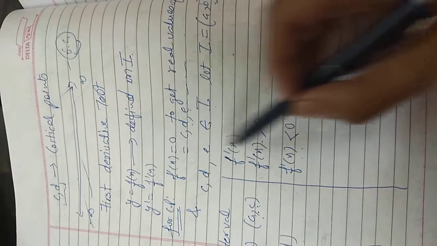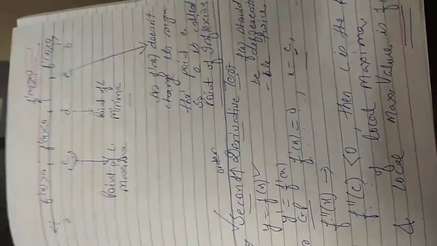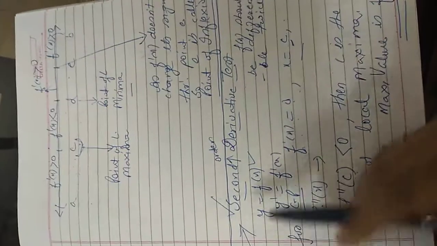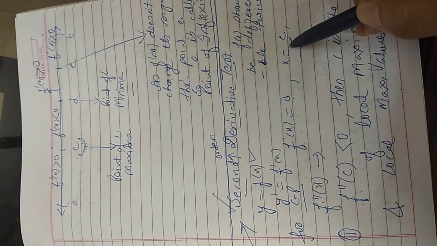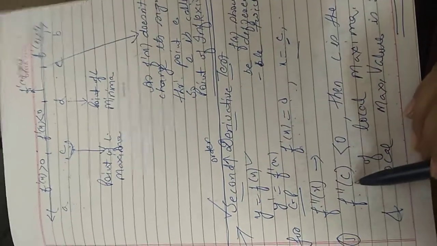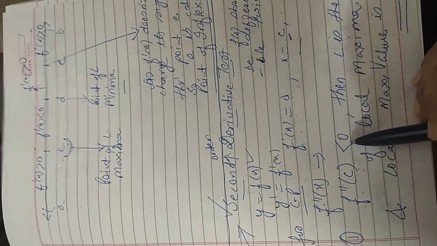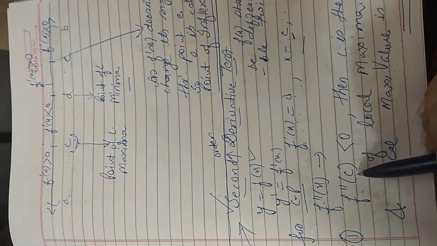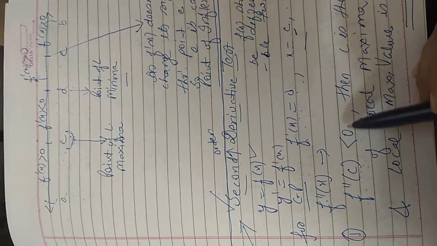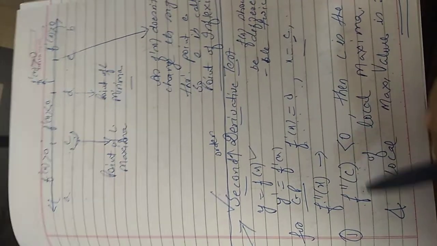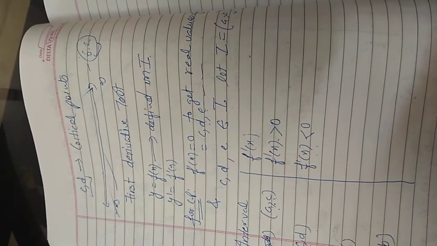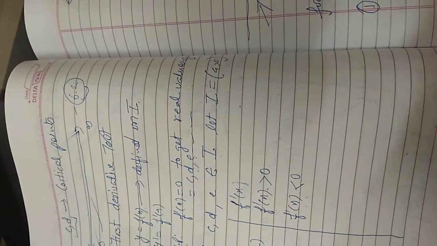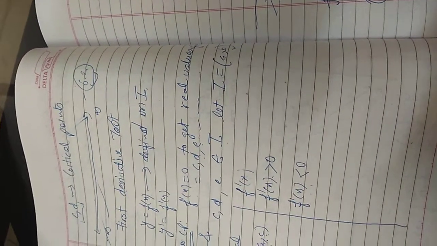And remember, this first order derivative test we will be doing in few sums only, but most of the sums we will be doing with the help of second order derivative test. What is that? Whatever function is given, find the derivative, equate to 0, get the critical point. At that critical point we will check the sign of the second order derivative. If the second order derivative is negative, that means c is the point of local maxima, and if the second order derivative is positive, c will be the point of local minima. Okay, and the first order derivative test is very similar to our exercise 6.2, where we calculated the intervals of increasing function, decreasing function.